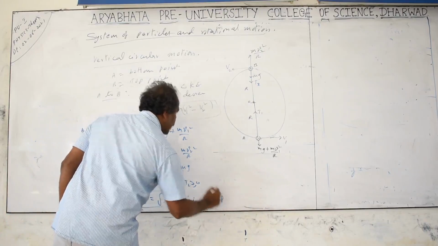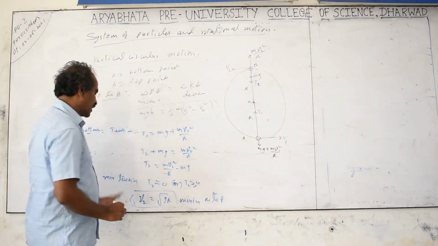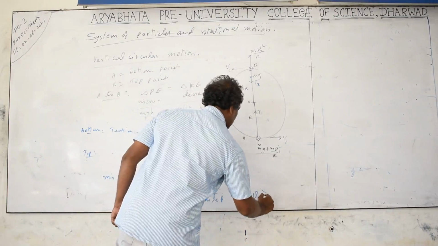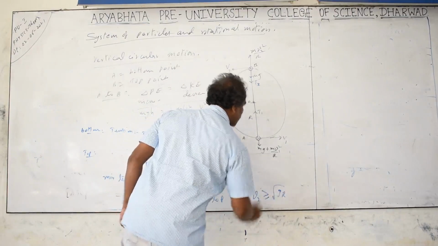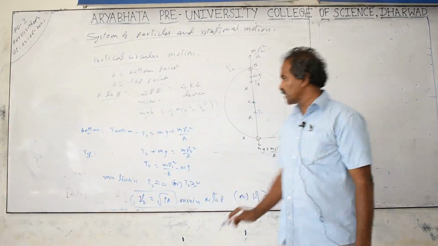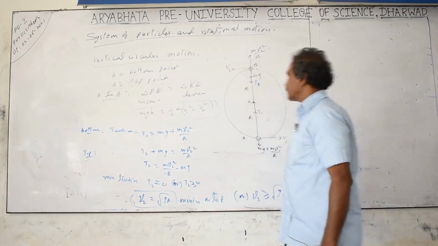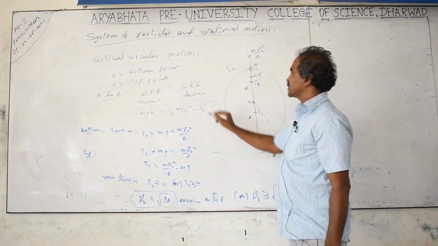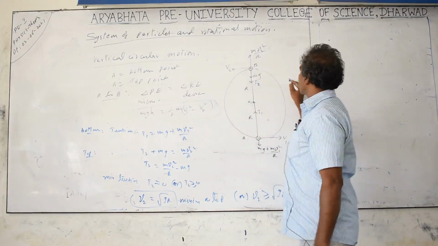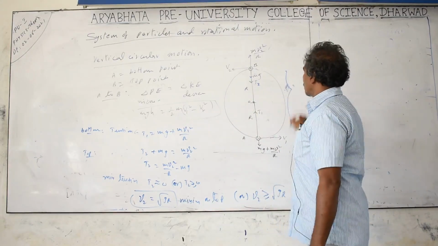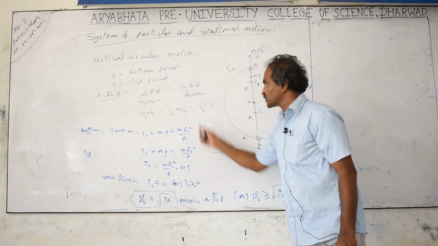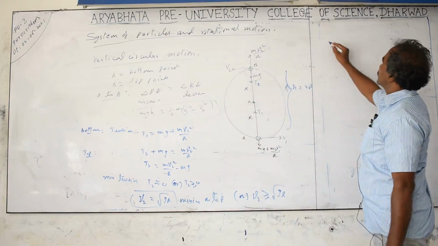On top, to complete the vertical circular motion, the velocity V2 should be greater than or equal to root of gR. Minimum means critical value, and this critical value is root of gR. If you substitute this in the second case, the change in kinetic energy, the m cancels here, and h, the height raised from here to here, is equal to 2R. Substitute these values and V1, V2 here.